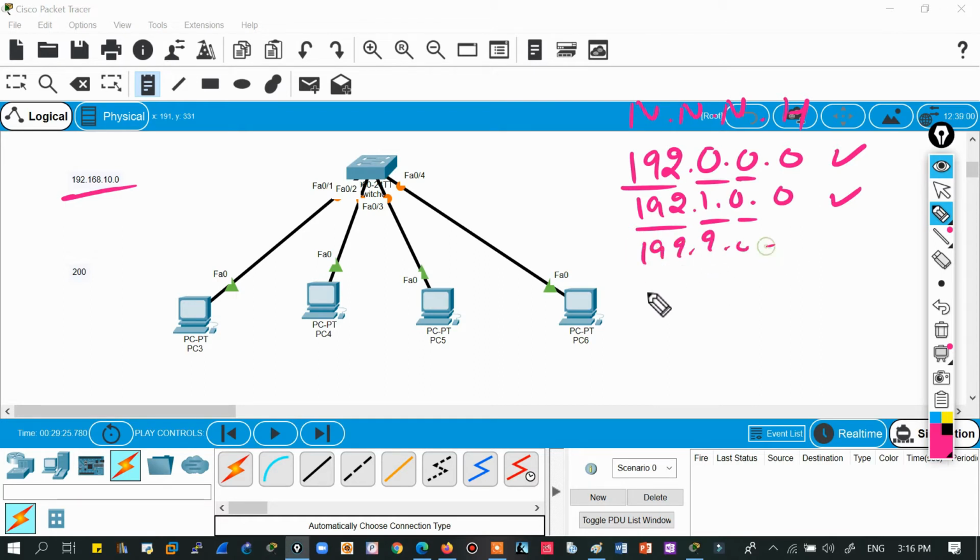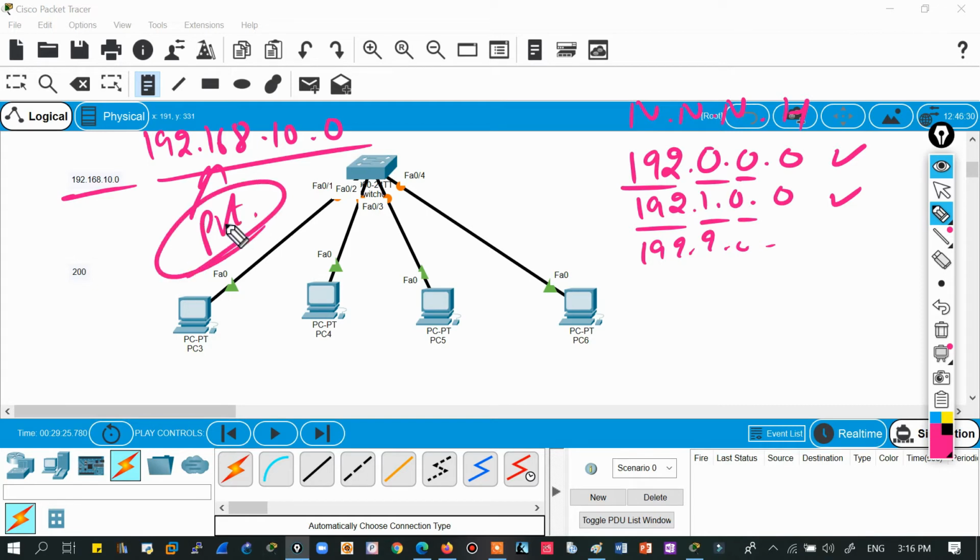So you can see we have many networks in class C. So I have taken this example only, 192.168.10.0, and I will explain why I always take this example, because this is a private address, right? What is private and what is public we will discuss later. So for now I can take this example or this one or this one, but I'm not taking these addresses. I'm taking just this as a reference example. So it doesn't mean that I need to take this example only. No, I can take whatever example I please.